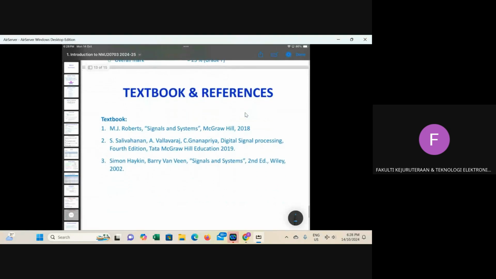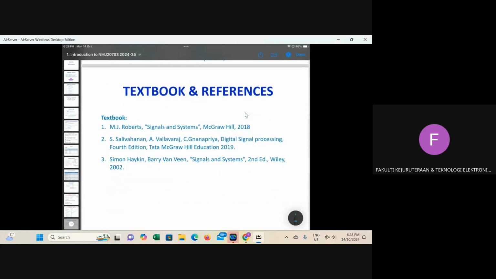And these are the textbooks, not limited to these. For exercise, you can find online materials. There are so many exercise examples on the internet with solutions, so you can just use that.